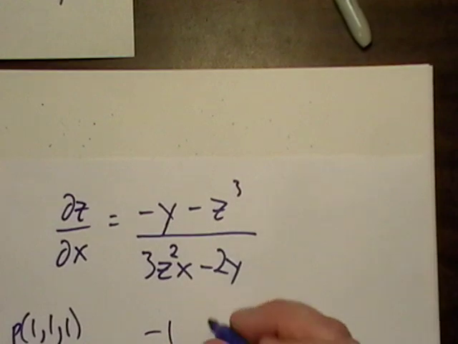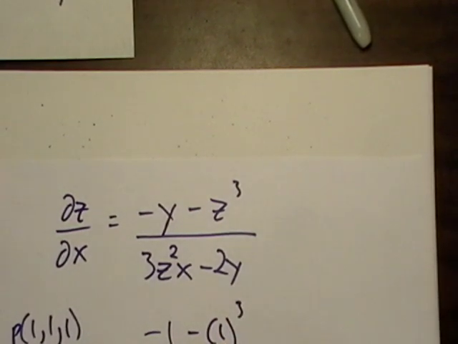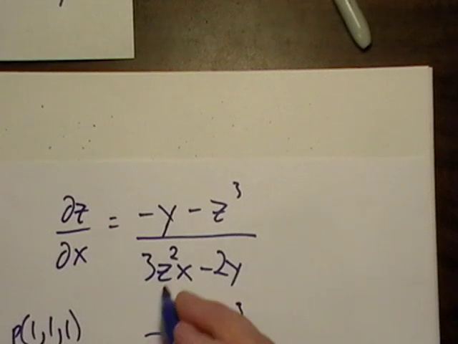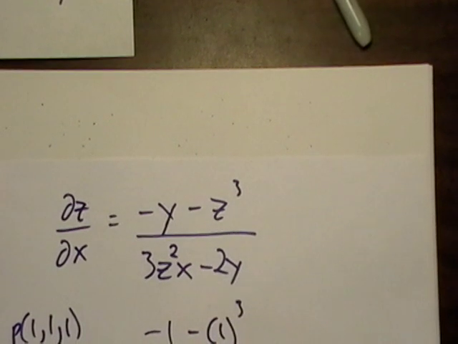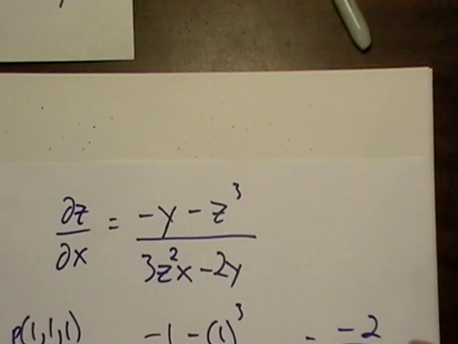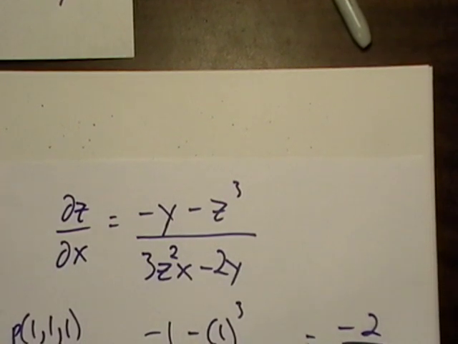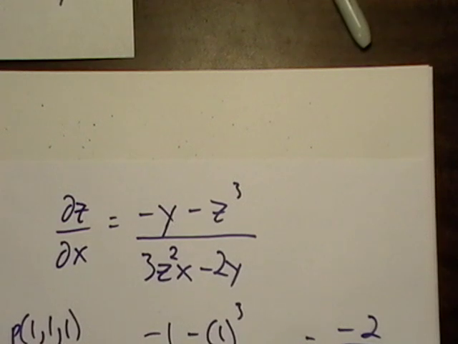So it's -1 minus 1 cubed times 3, and 1 squared is just 1, so that's just how I'm going to write it. And what do we get here? We get -2 over 3 minus 2 is 1, so